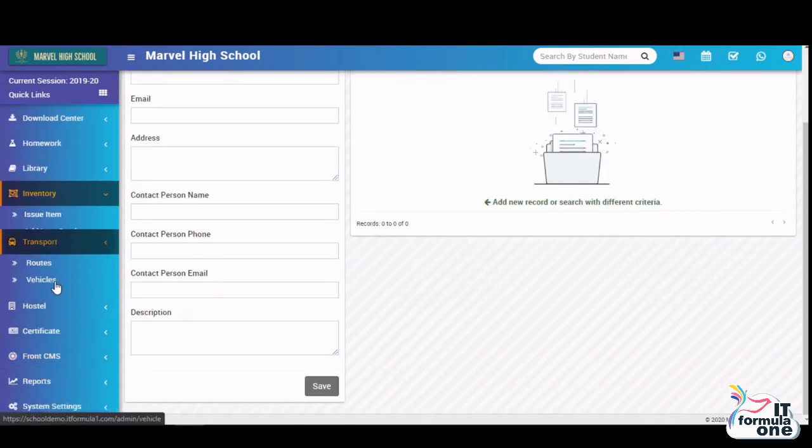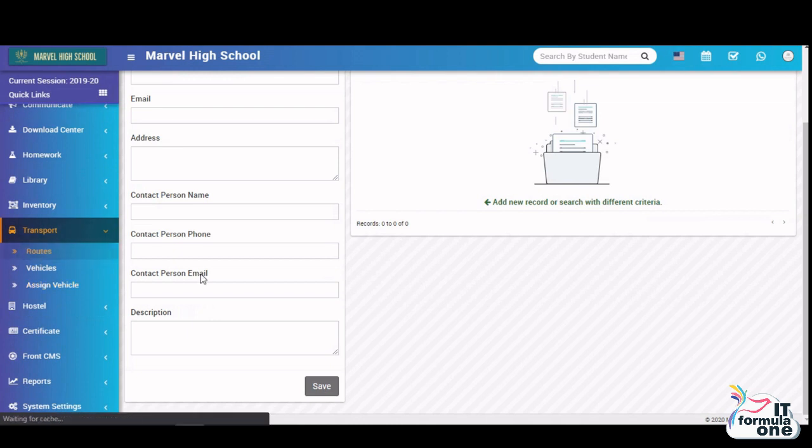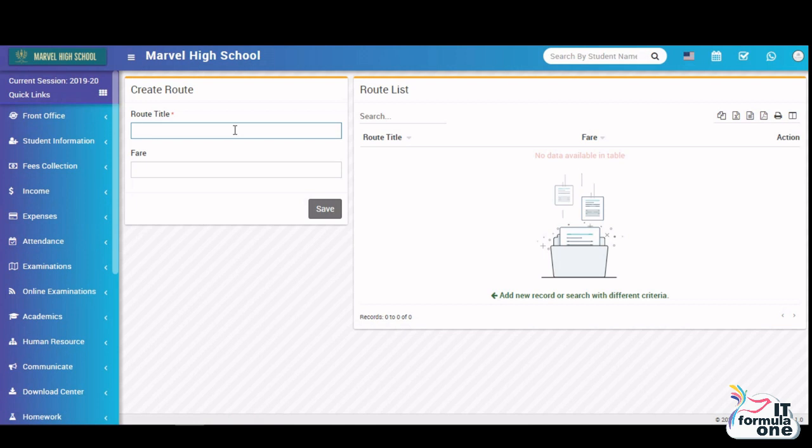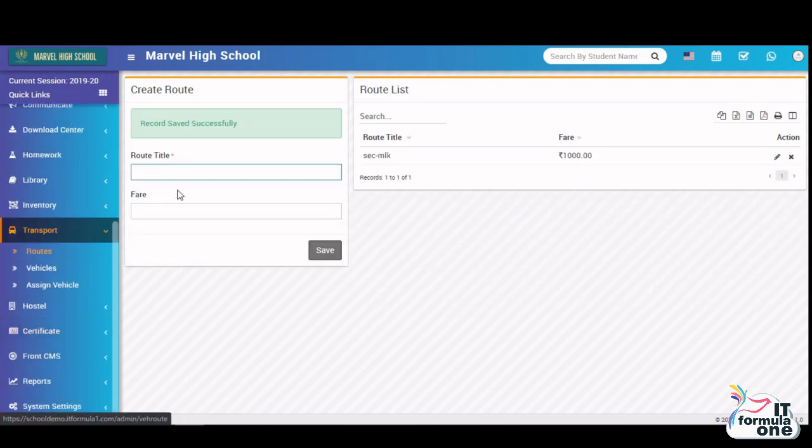Next is transport. Many schools, they have transport, so you can create a route. Let's say a route is set, okay, let's say if this is the route and the fare is 1,000, you create it over here, and another where the fare is 800,